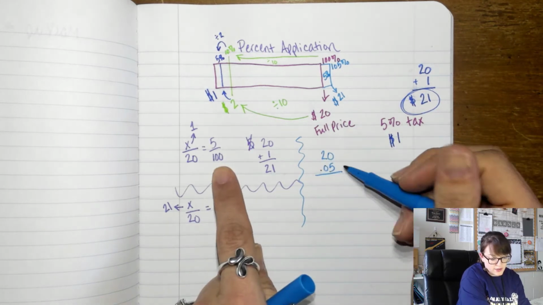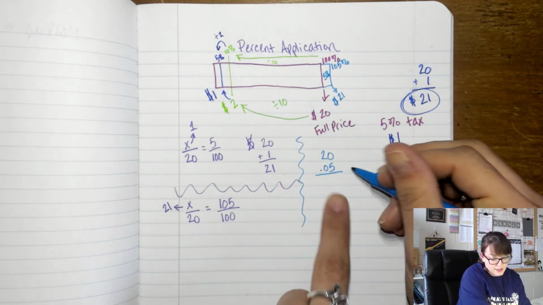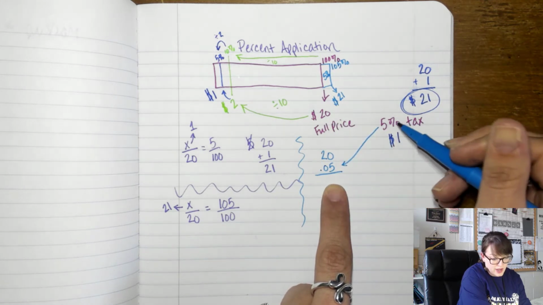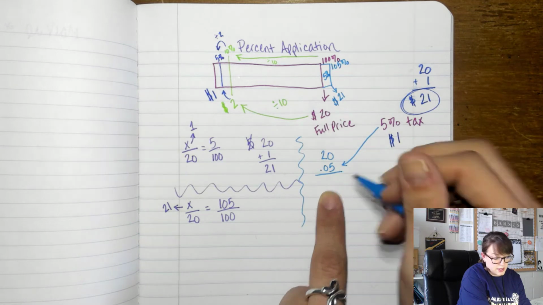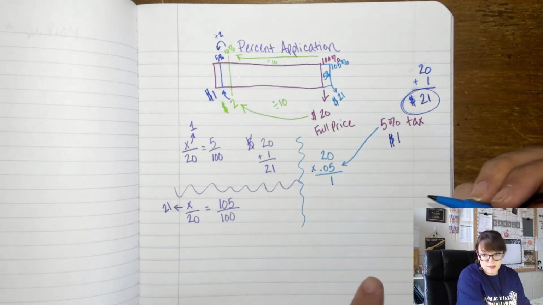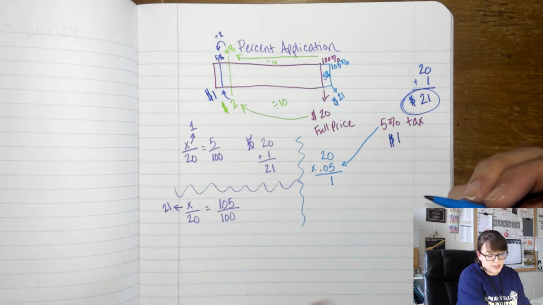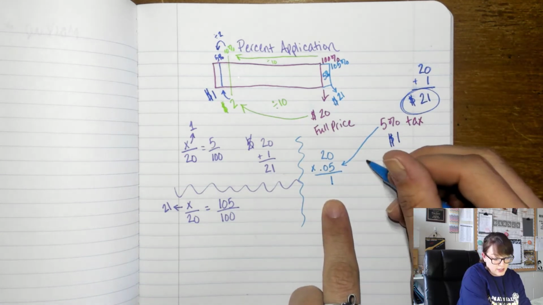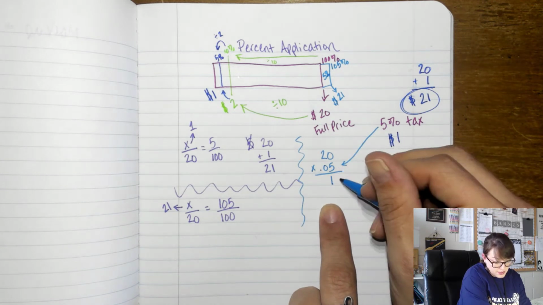Because 5 hundredths is 0.05. This is the percent as a decimal. Finding that 5% as a decimal, when I multiply, I get 1. I'm just going to tell you, it's 1. That's my tax. So then I can do 20 plus the 1